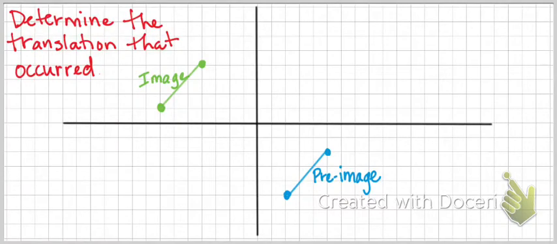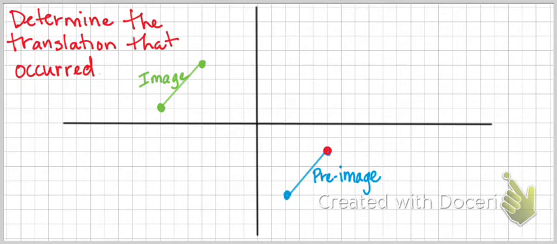Here we're given an image and a pre-image, and we're asked to determine the translation that occurred. So the pre-image is your starting point, and then there was this translation that occurred that gave us the image there in green. So we are going to start with the points of our pre-image. In order to find out what translation occurred, what I'd recommend you do is pick one of the endpoints here,